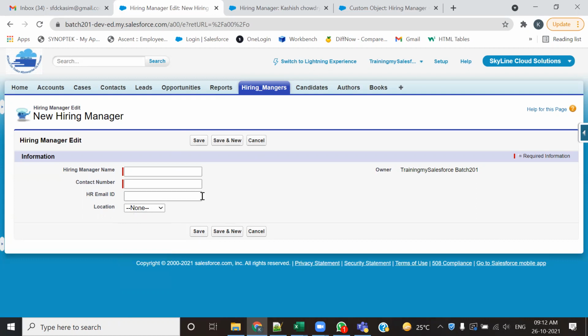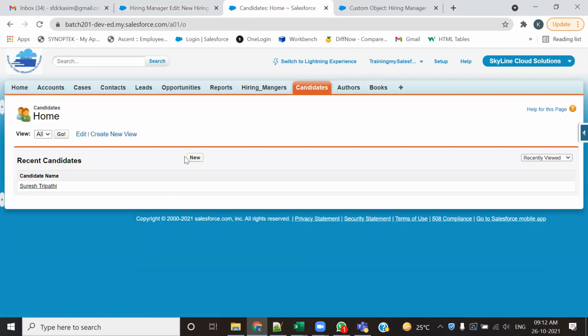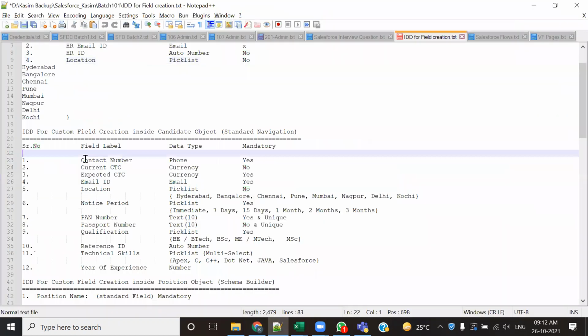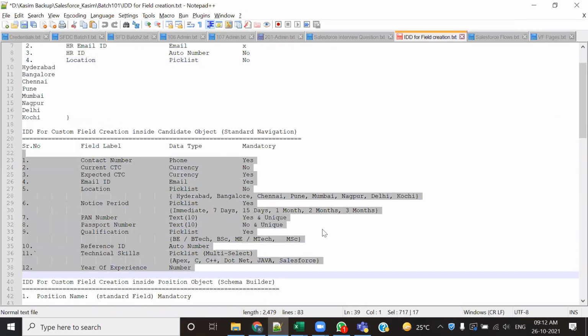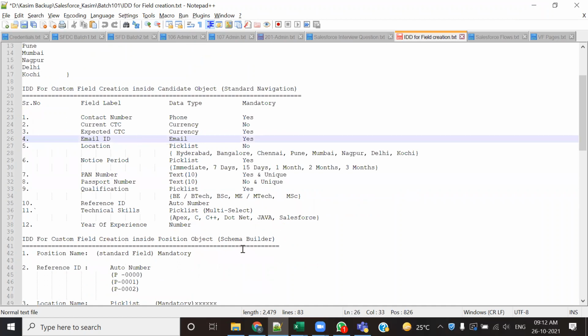स्टैंडर्ड नेविगेशन से हमने ये बनाया। कल हम इसके बाद we are going to work on the candidate object पे काम करेंगे, कैंडिडेट ऑब्जेक्ट पे काम करेंगे, और कैंडिडेट ऑब्जेक्ट में फिलहाल एक ही फील्ड है। By tomorrow we are going to create these many fields, and these many fields we are going to create inside the candidate, कॉन्टैक्ट नंबर, करंट सीटीसी, एक्सपेक्टेड ईमेल, लोकेशन, नोटिस पीरियड, पैन नंबर, whatever. By tomorrow we are going to work with this all. इसमें कल काम करने वाले हैं हम लोग,